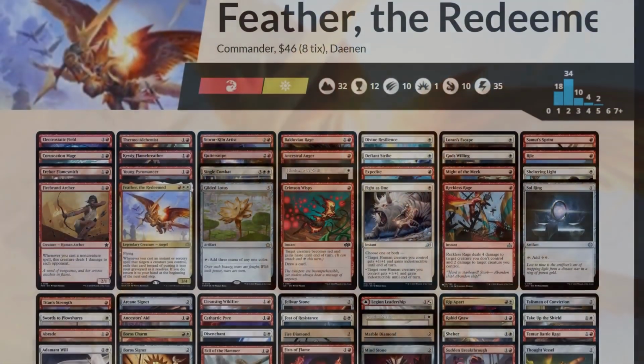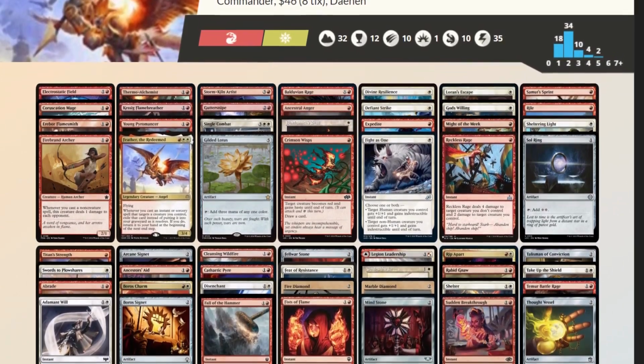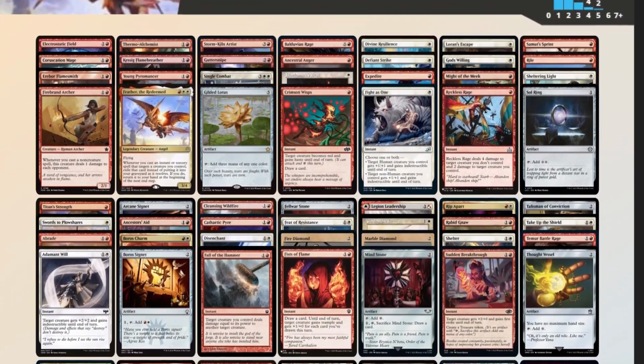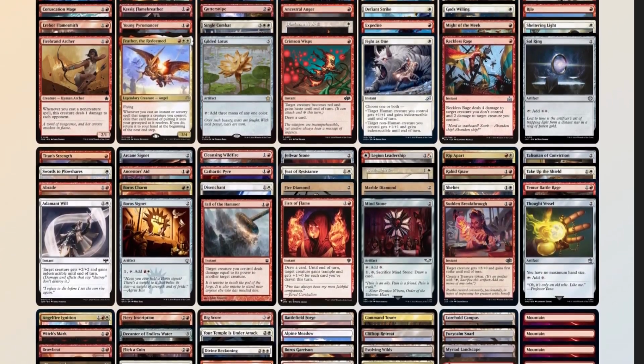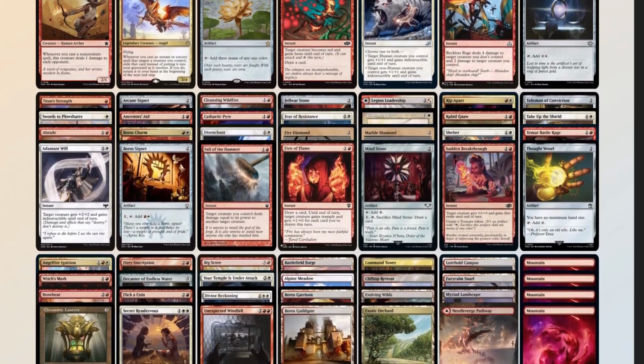Now that we have our deck list, let's compare it to our checklist. 46 mana sources split between 32 lands, 13 pieces of ramp, and 1 MDFC. Light, I know, but that's fine because of all the cantrips we're running. Remember, for every 2 cantrips in your deck, you can cut 1 land, but you don't really want to drop